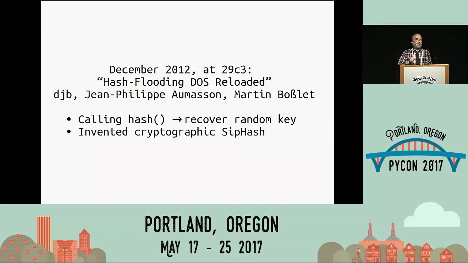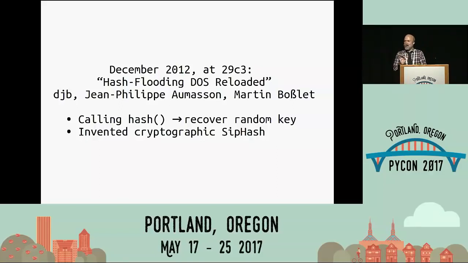So they pointed out the uselessness of that the next year. At the next instance of the same security conference, 29C3, hash flooding DOS reloaded was presented by 3 new researchers to outline how badly many languages had responded to the original filing and complaint.